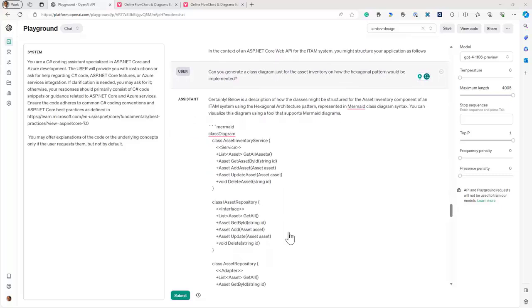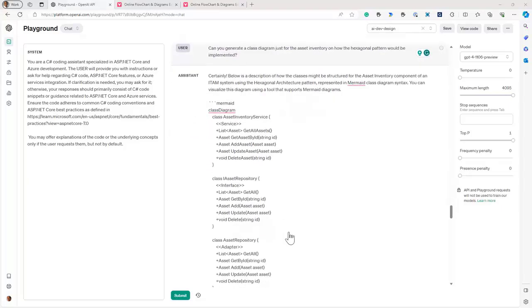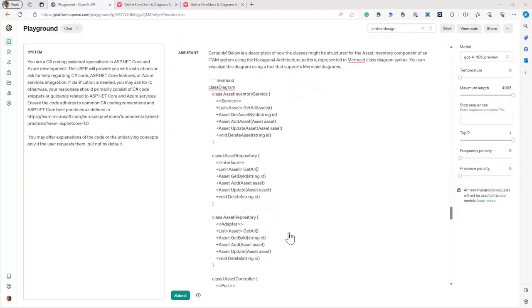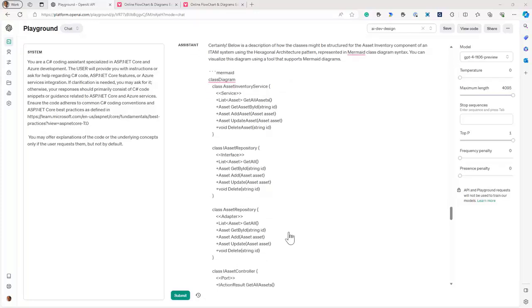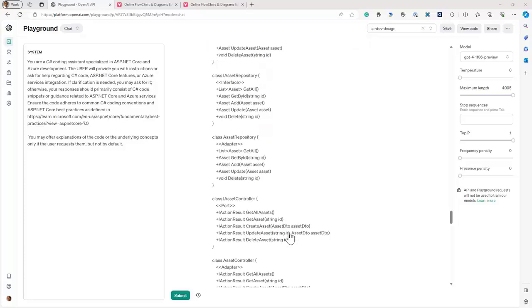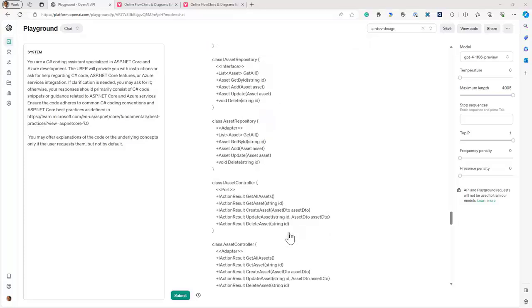It has come up with a repository interface. It has come up with adapters, which is a way to communicate with the outside world, whether it is the database or the UI. And it has proposed a high-level view of the asset controller as well, which will be the key underpinning for our REST API. Let's go over to the Mermaid editor and see this diagram in action.